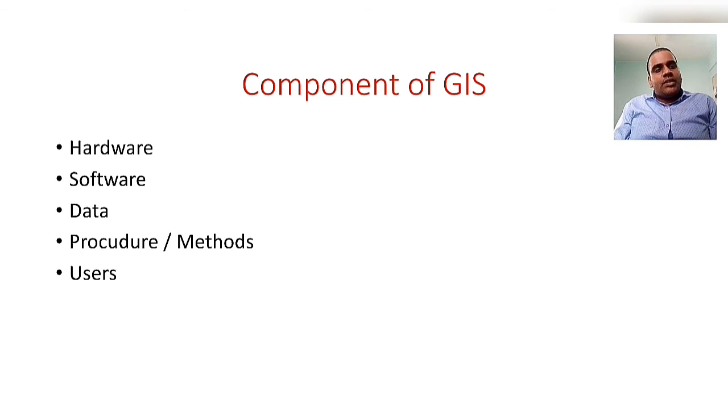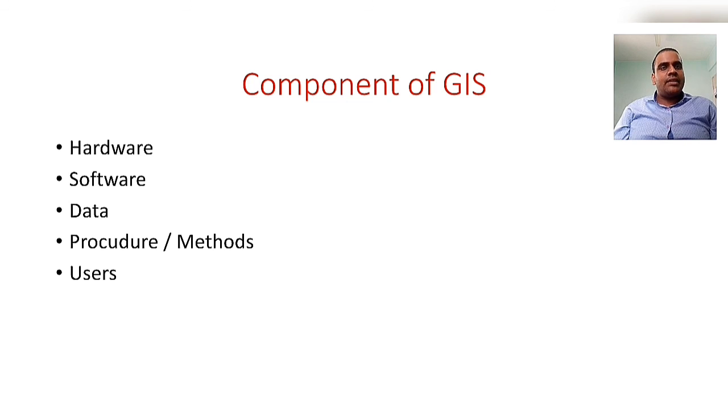One more element of GIS which you have to keep in mind is the users. See students, everything depends upon its application, and GIS users are very important, because if there is no user, what is the use of this platform? We have seen in the potential of GIS that it is a huge platform with limitless potential for various fields. There are various users from different fields who use GIS as an important tool for their development and planning purposes. So the component of GIS users is also very important.